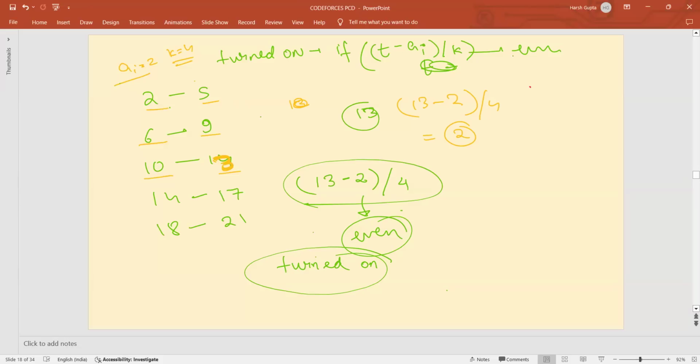That if (t minus ai) by k is even, then the light will be turned on, else it will be turned off. Because what is happening is something like this. You have ai, and let's suppose from ai plus 2k to ai plus 3k, the lights will be turned on. From ai plus 3k minus 1 till here, the lights will be turned on, right? So if I simply divide it by k,